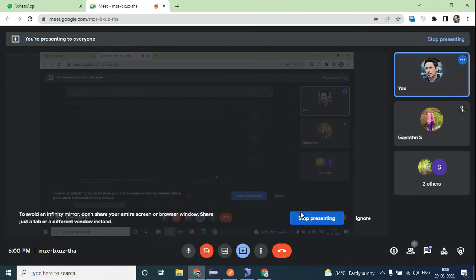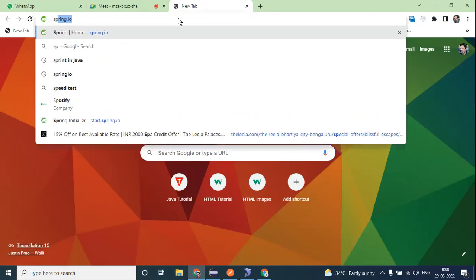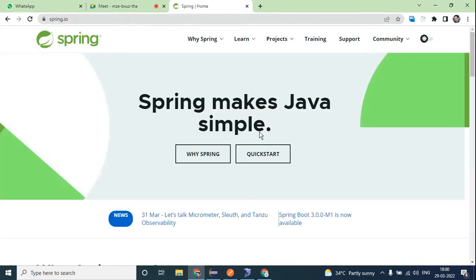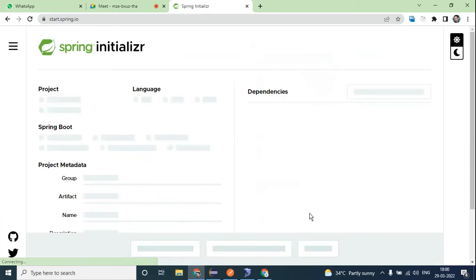So now guys, I'll just go and initialize the project first. You can do it to the existing one, but I'll do it from the start. If you have a CRUD application that you have already done, you can just initialize it there itself. I will share the session too. So here I'm going to write the project name as,